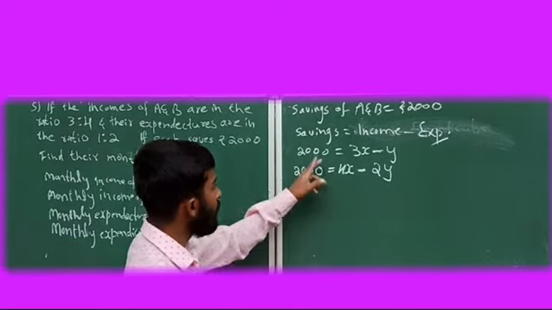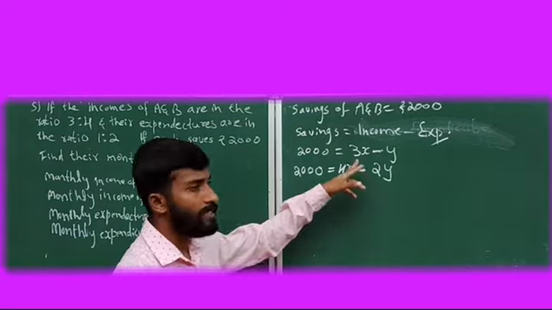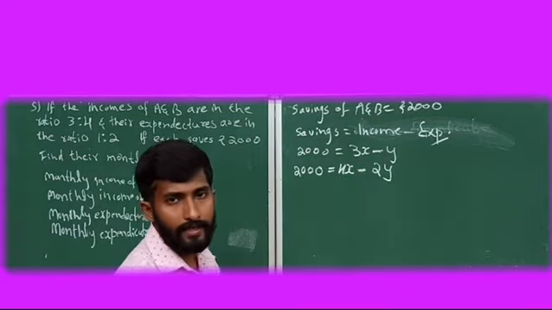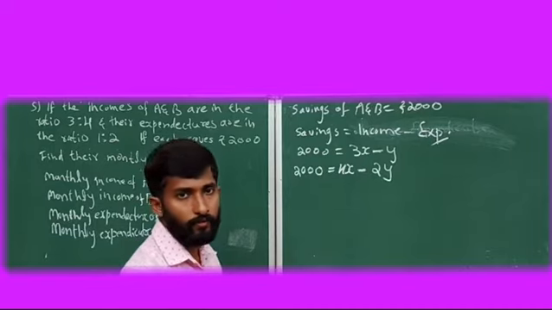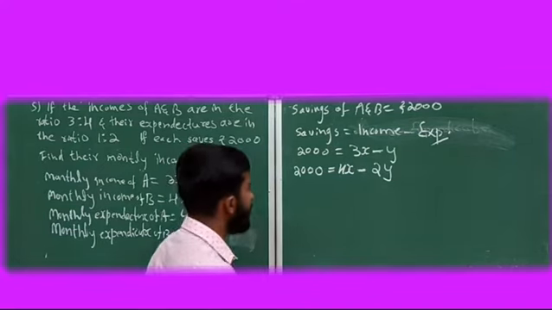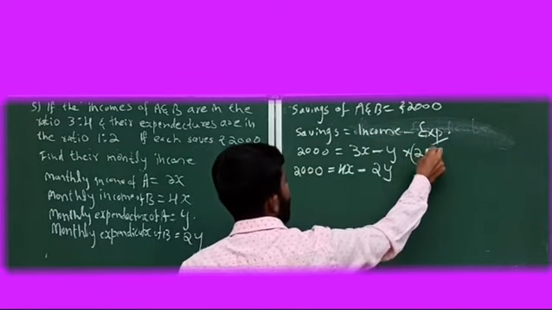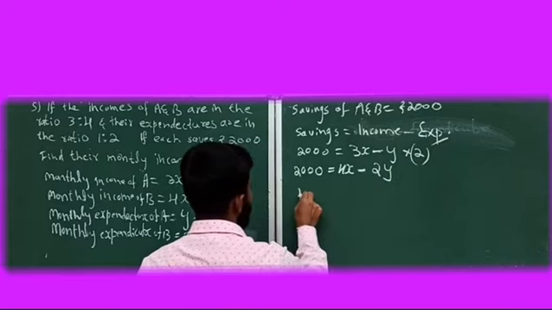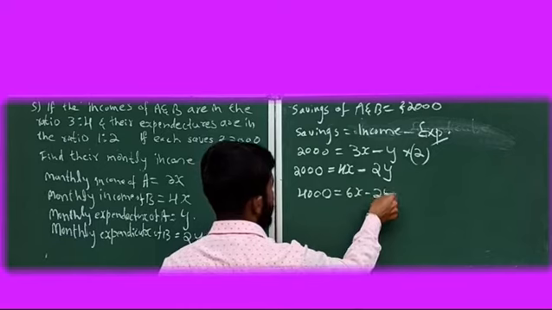Now see, here we will get two linear equations. Okay, use the elimination method to find x and y. What's the meaning of x? x is the income that you need to find, no need to find y here. Okay, now see, to simplify this equation, here minus 2y is there, here to the first equation I am multiplying by 2, so you will get 4000 is equal to 6x minus 2y.